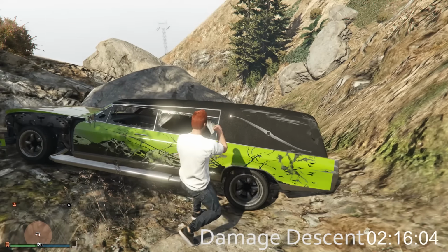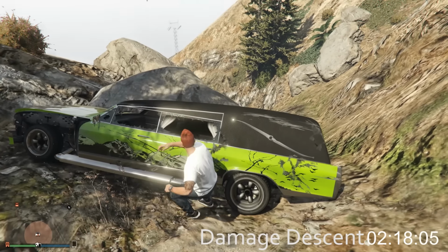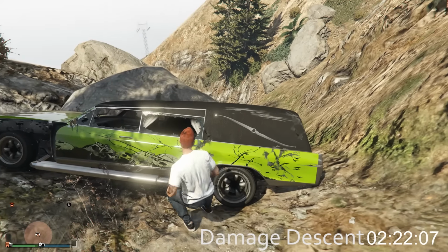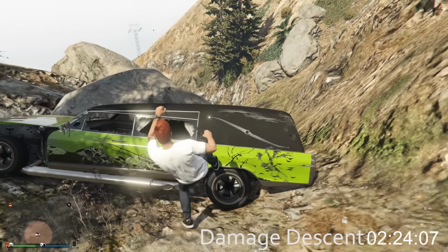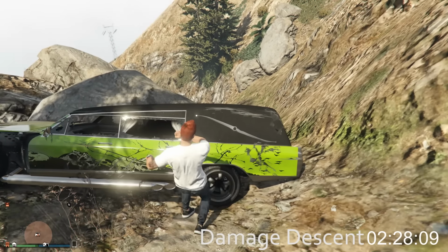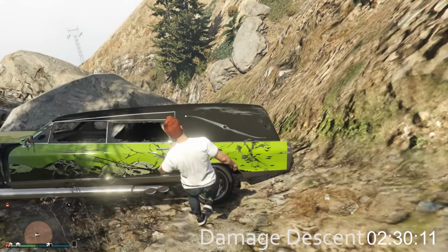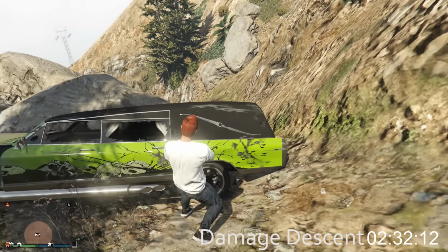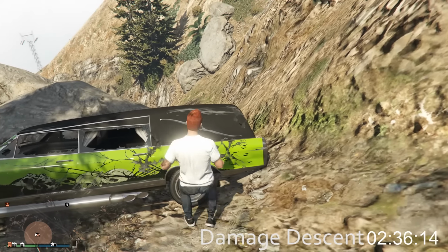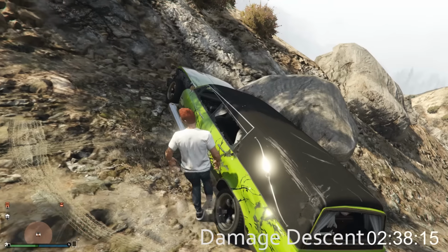It's at a weird angle. There we go. Maybe if I could kick it. Of course, for some reason, doing melee damage to a car really inflicts a lot of damage, especially to the engine. So I don't want to kick it too many times because then it might not make it down. But I just got to get it dislodged. That back end is hung up on something. Just the rocks. It's just so long that...